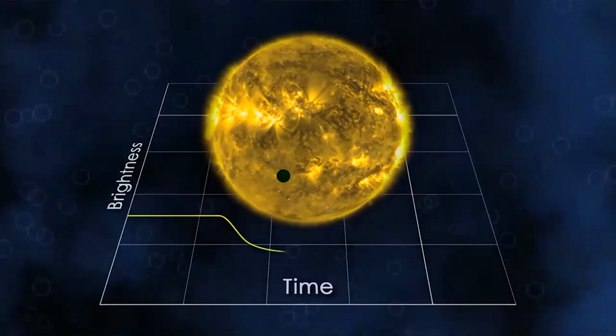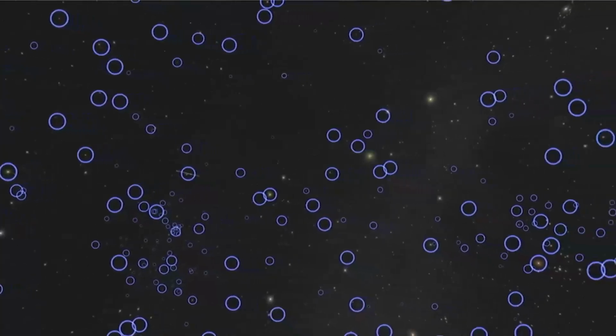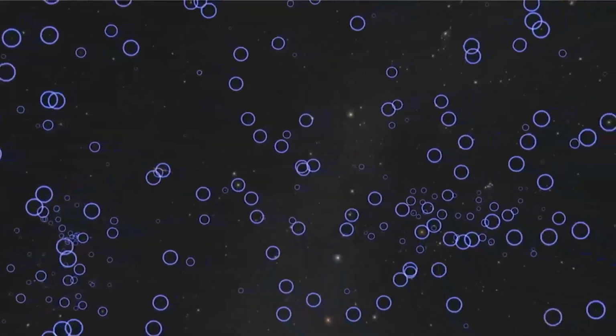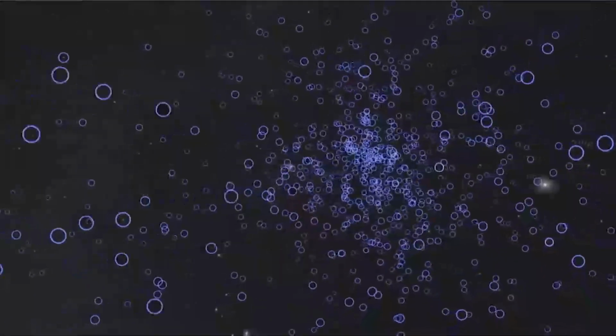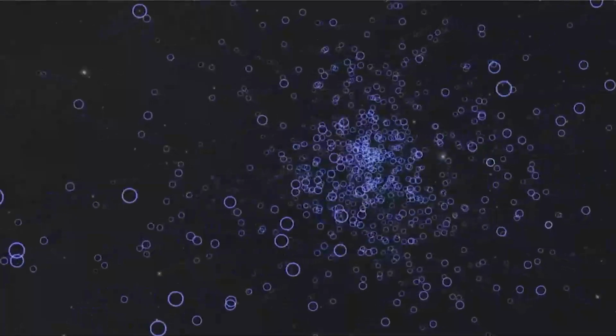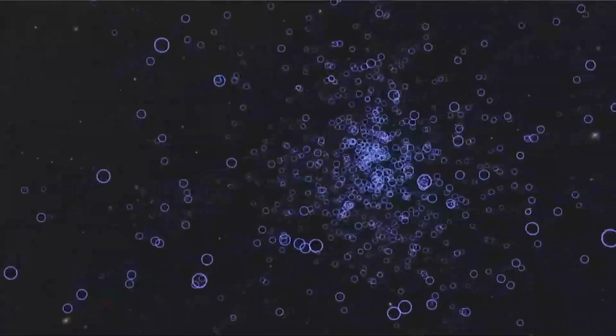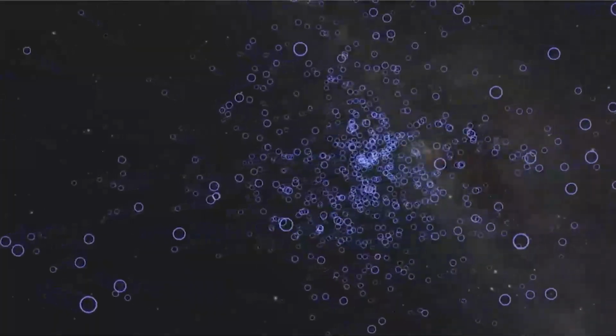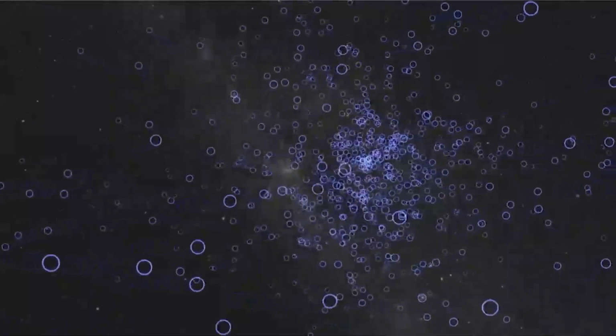And so if we go back to our planetary visualization, we're going to fly away from our solar system, and now we're going to fly through the thousands and thousands of planets that have been discovered so far in our galaxy. The count is close to 6,000 planets that we know of in our galaxy. So that's 600 times more planets that we know of outside of our solar system than inside of our solar system. That's pretty amazing.